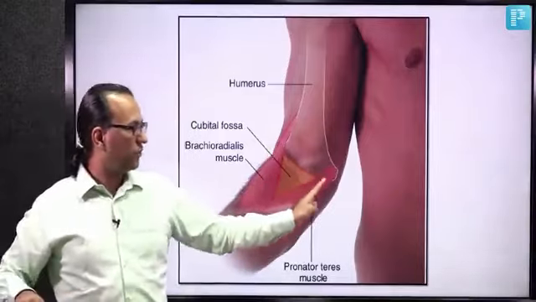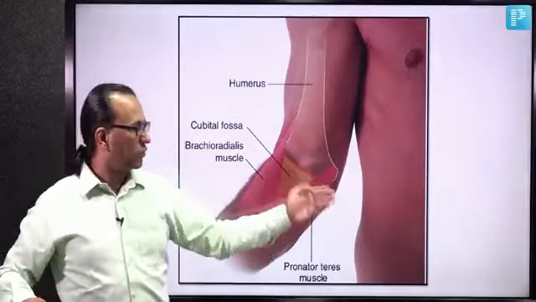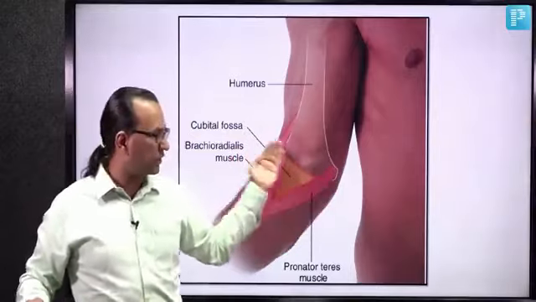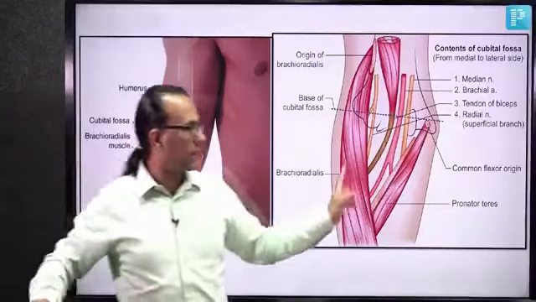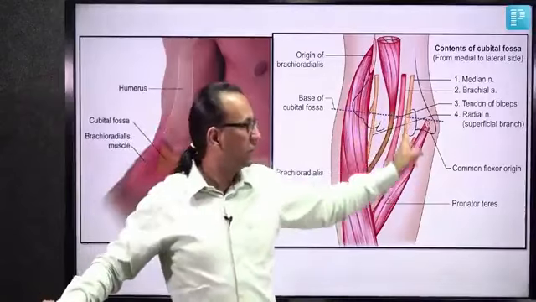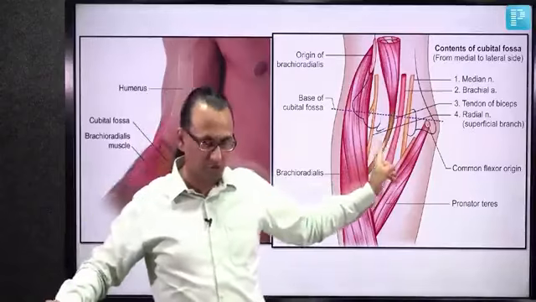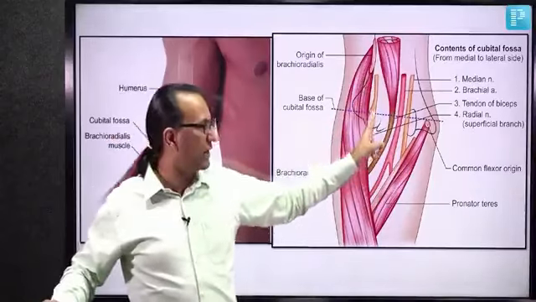As for the floor, there are some muscles, like the supinator muscle. When it comes to the roof, there will be skin along with the bicipital aponeurosis, which is from the insertion of the biceps muscle. Now, when it comes to the contents, you can find there are two nerves. One is lateral, which is the radial nerve. One is medial, which is the median nerve. And between the two nerves, you will find two more structures. The radial nerve comes in front of the lateral epicondyle